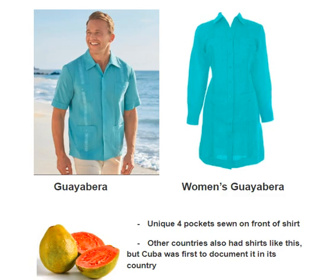The story behind the guayabera is that the slave workers and the plantation owners were often dropping additional guavas. So some seamstress had the idea to sew additional pockets on the front of these shirts to make it easier so people did not lose the guavas. Now, that is not documented to be proof, but that's one of the stories that goes along with the shirts. The second story that goes along with the guayabera shirt is